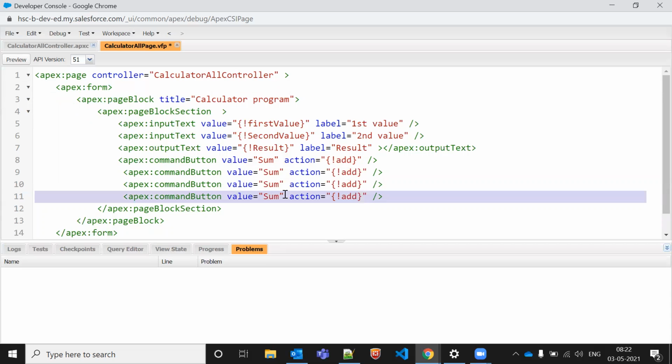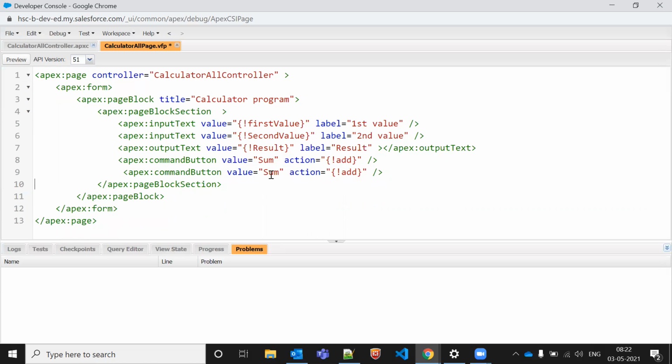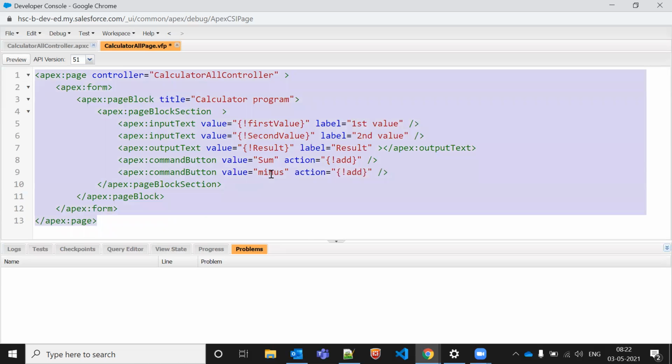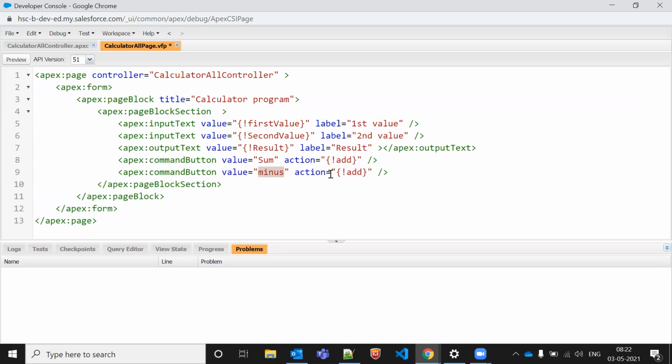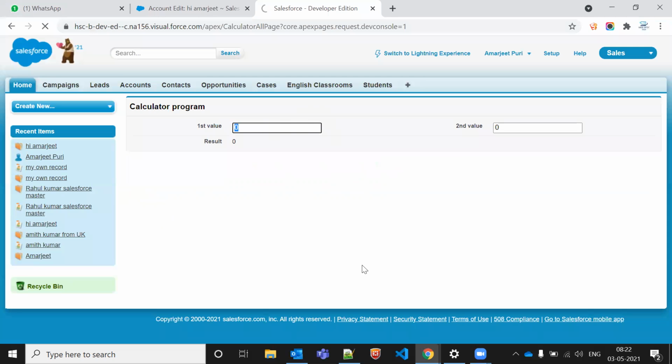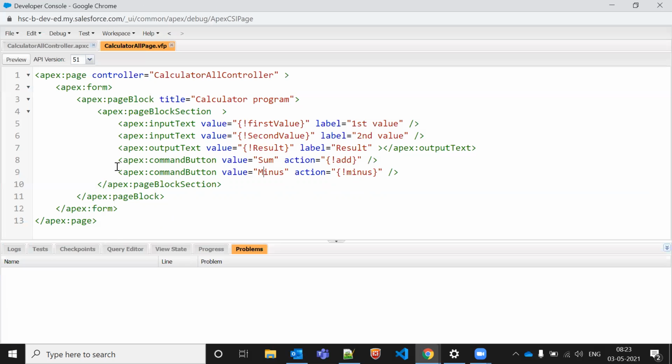Okay, so like this you can do it. I'll make it for 2 only, minus, plus and minus, something like this. So we'll go there. By default it is showing 0 and the vote button should be closed.